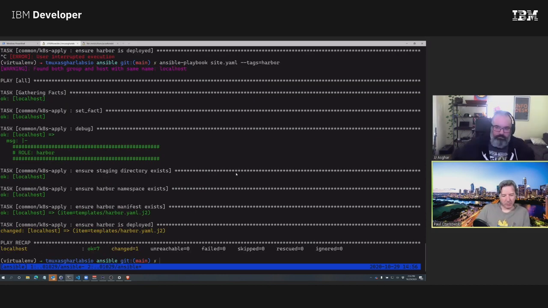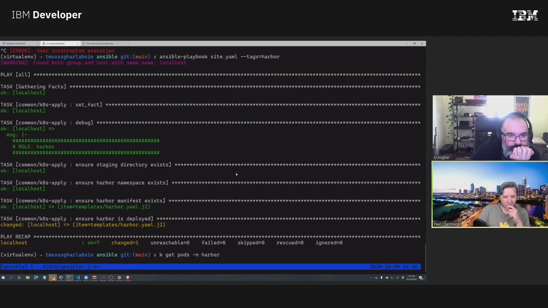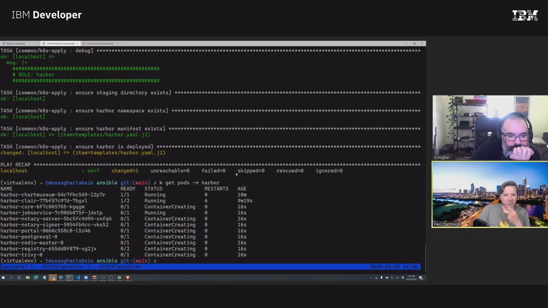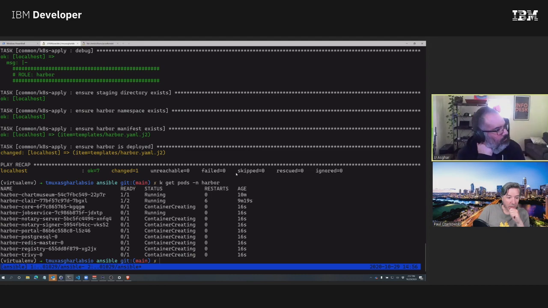Okay. So now that has kind of completed. Okay, get pods in the harbor namespace. So it went through and applied the whole manifest, which is good.